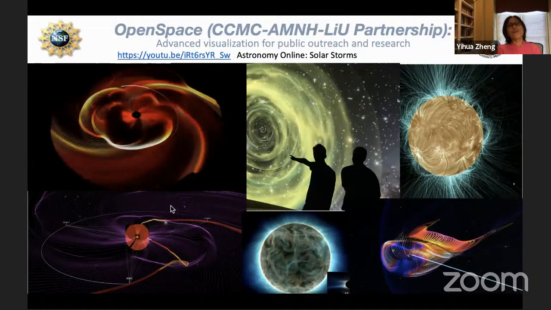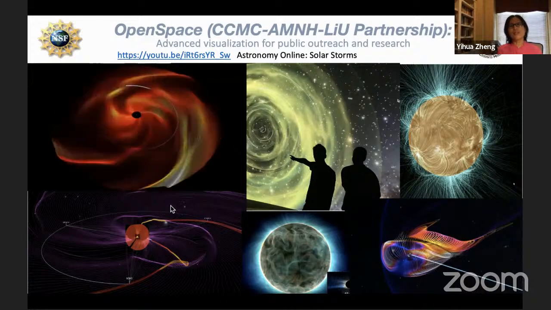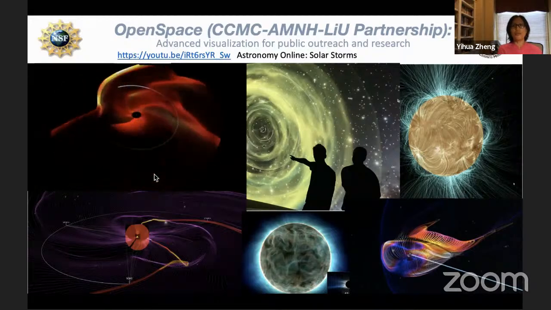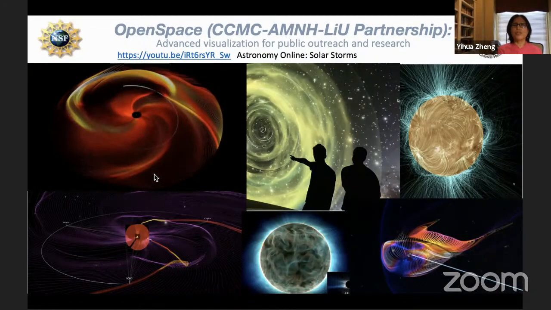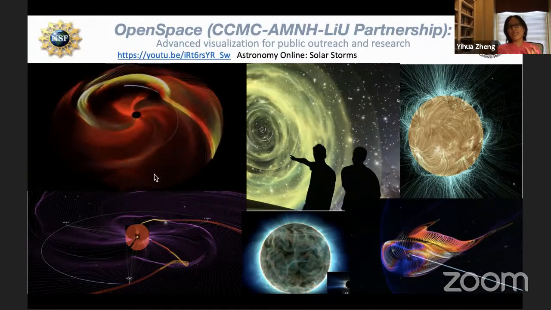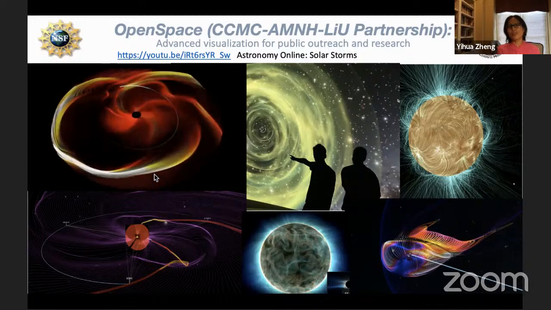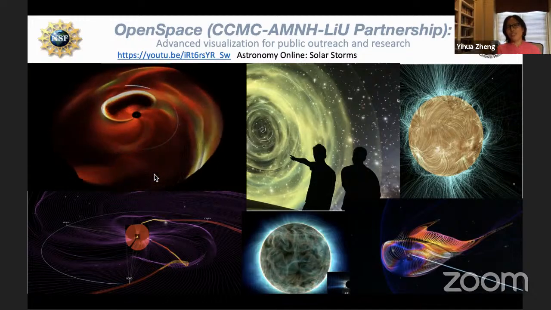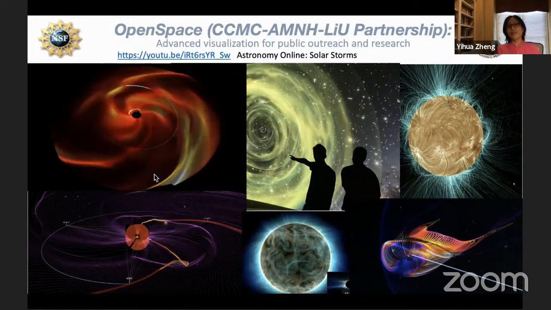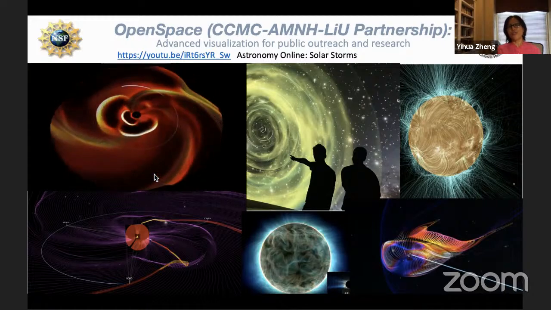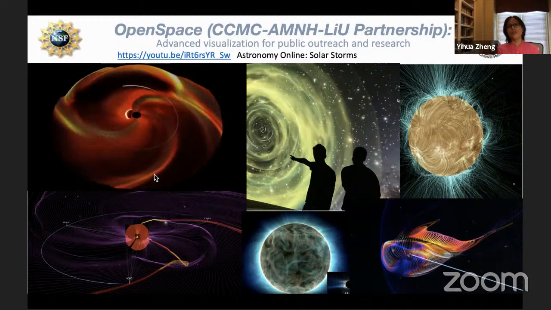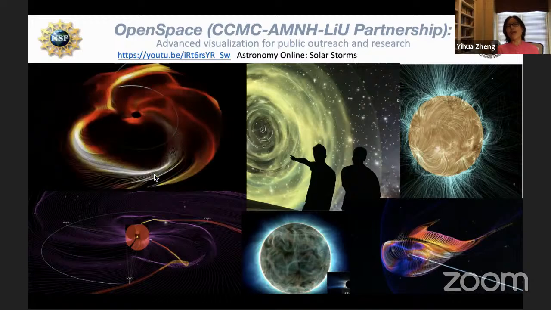Next, I also want to mention OpenSpace, a collaboration between CCMC, the American Museum of Natural History in New York, and Linköping University in Sweden, with computer science master's degree students. The goal is to take the science outcome, the modeling results, and turn them into beautiful visualizations and display them at planetariums all over the world. This is not only a good education tool, it's also a good tool to sell the science we do, and also